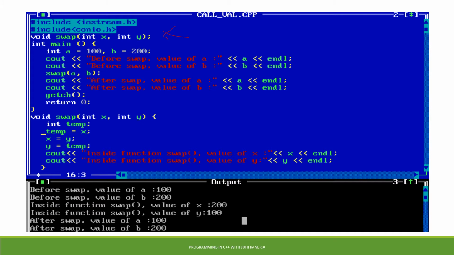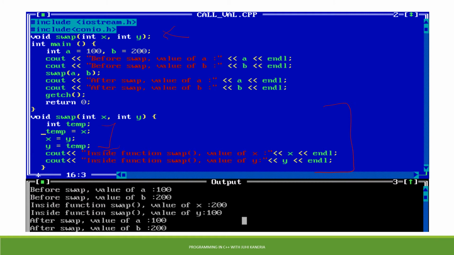Now in the definition of this function swap, whatever actual parameters are passed, we will copy those actual parameter values into the formal parameters x and y, and then we will swap the values of x and y using a temporary variable. So here we have applied the temporary variable swapping logic.